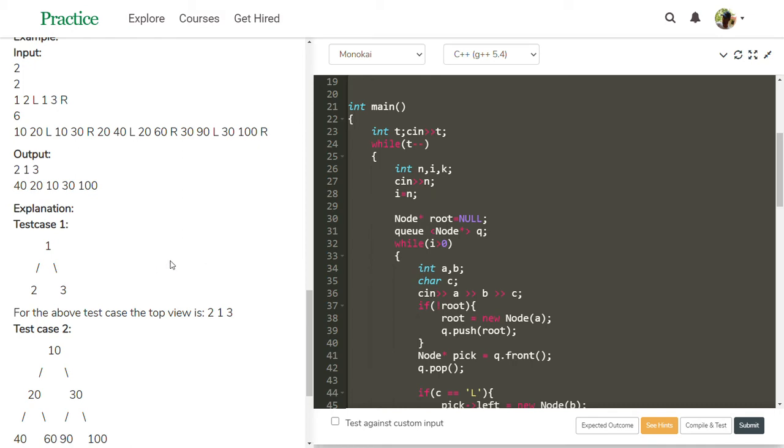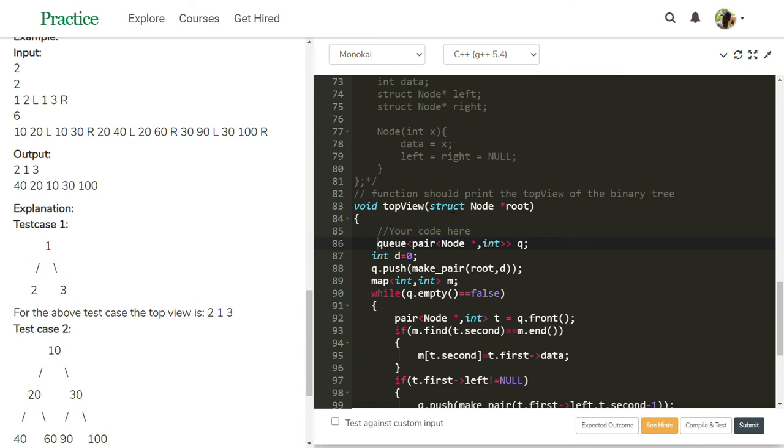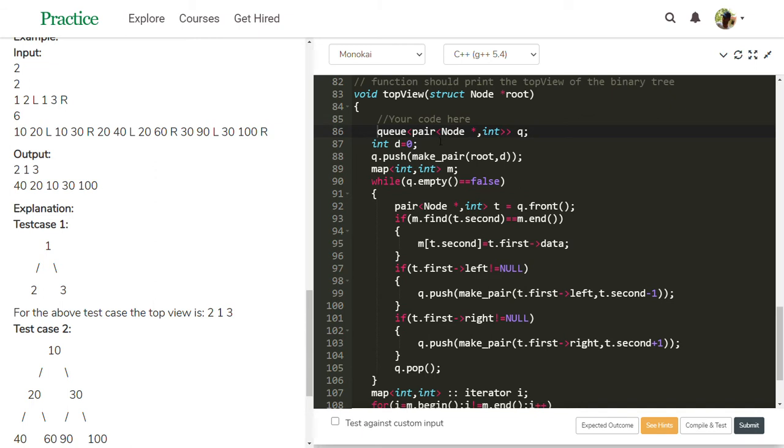To solve this task, here is our code, topView. I am using a queue with pair of Node star and int. One value stores the node's address, and the other, the int, stores the distance.